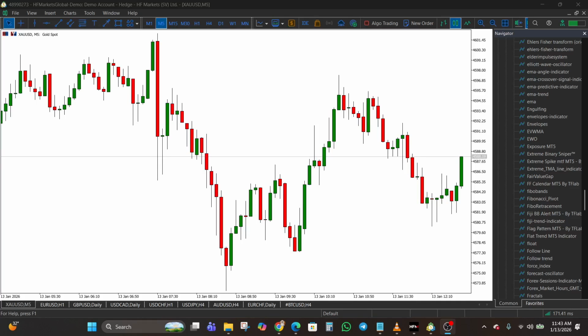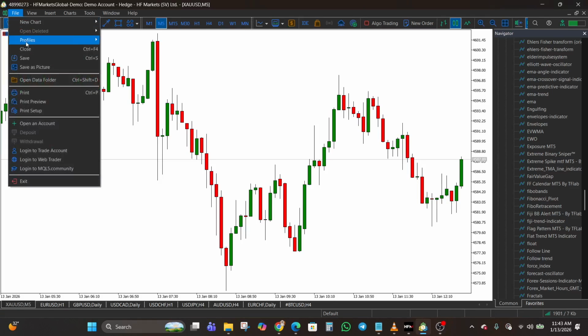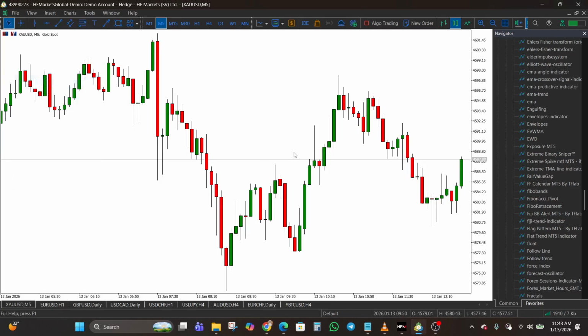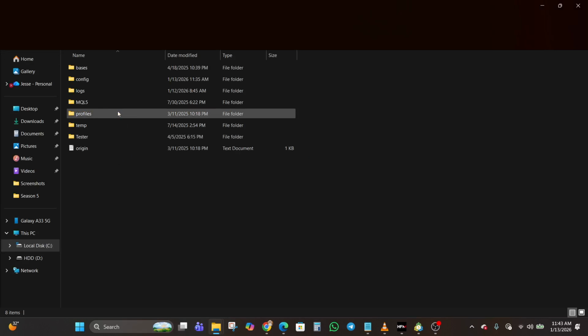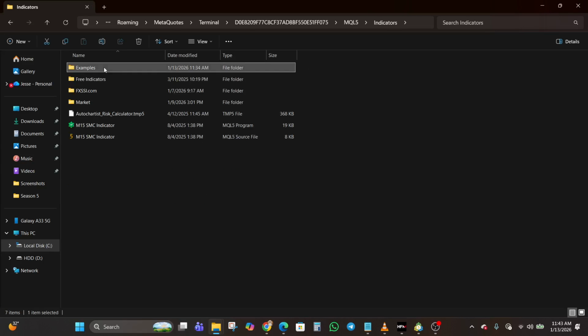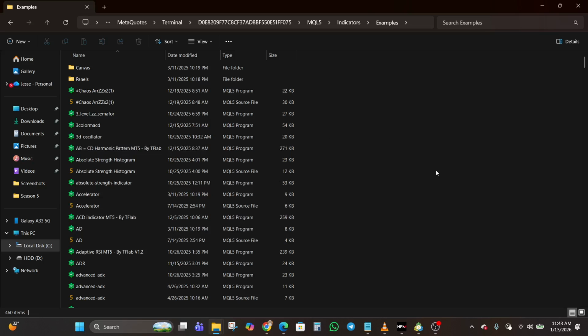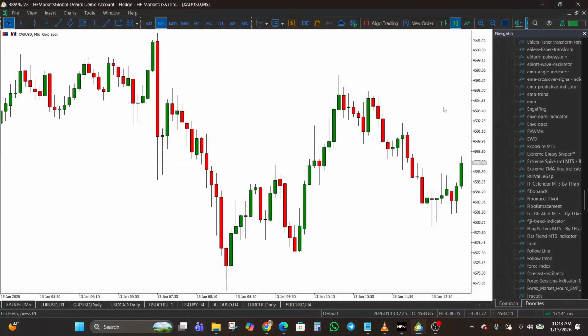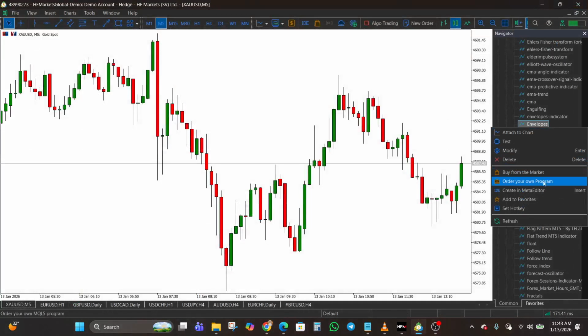After doing that, ensure that you decompress the file, the folder. After decompressing the folder, then you pick out the indicators file and head over to your data folder. Ensure that you copy the indicators file, okay, and then head over to your data folder, MQL5, you navigate to indicators, examples, and then you paste the file in here, after which you should head back to your navigator, right